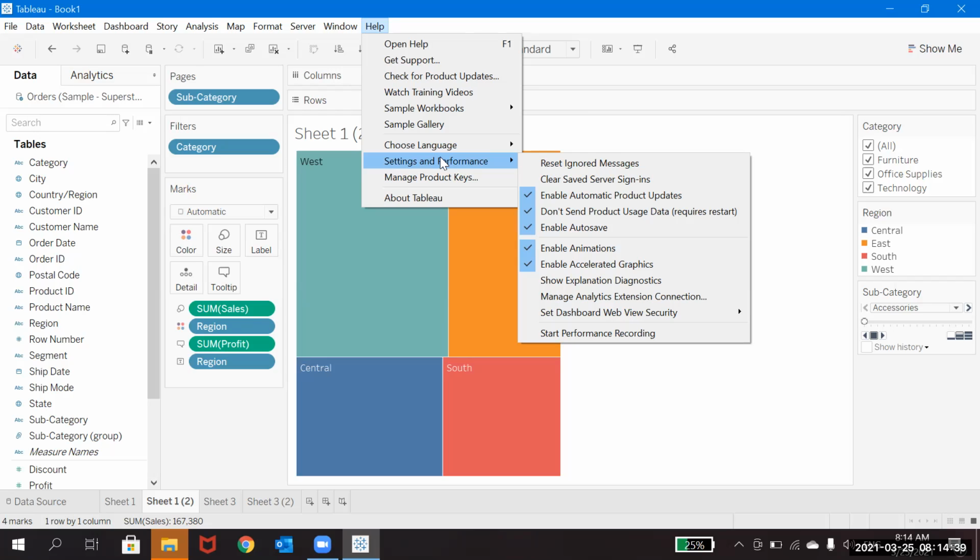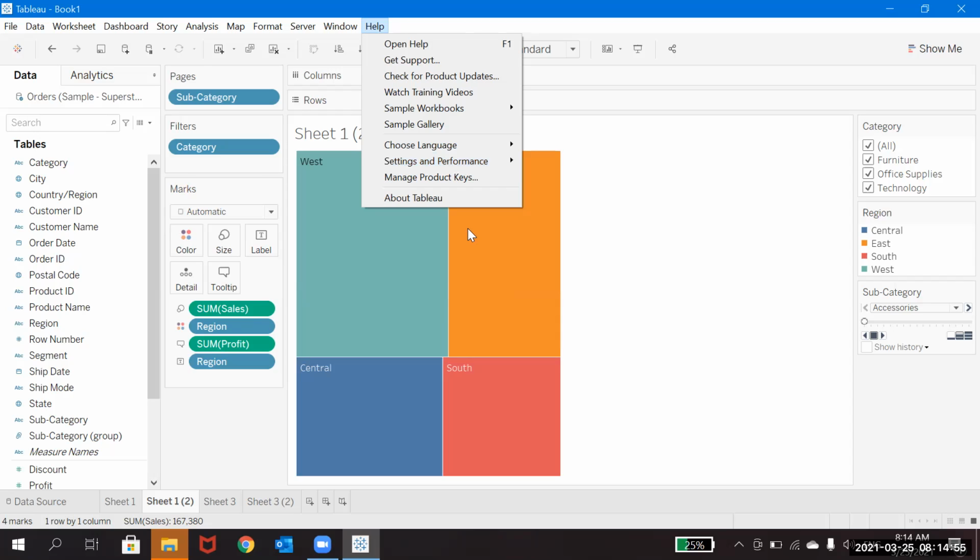To reduce that filtering time, the dashboard has to work interactively and very fast at the same time, so you should do performance tuning. We'll use all these options to reduce the performance issues we have and make it a very good, interactive, fast-working workbook.